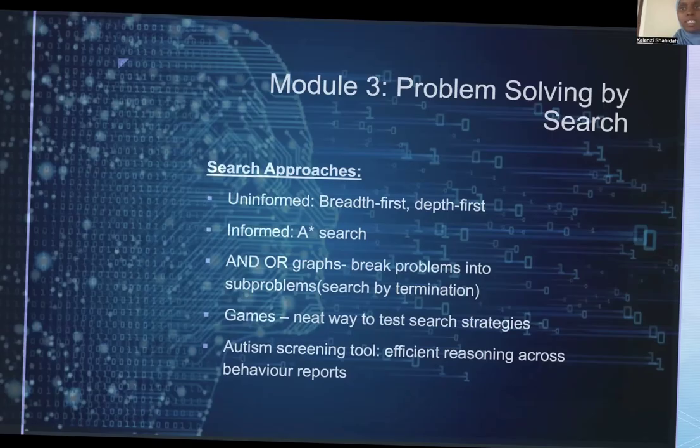Then games are a neat way to test such strategies. By games, I mean in games, the rules are well-defined, and success and failure is uncertain. Like you don't know if you're going to win or you're going to lose. So they are a neat way to test such strategies. You can use such strategies to identify whether this person is going to win or this person is going to lose. So in this autism screening AI, we will use such strategies